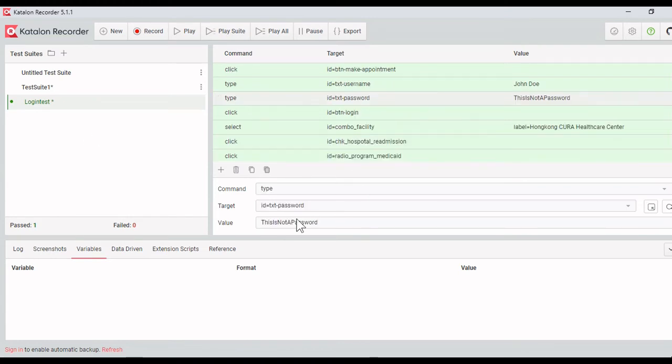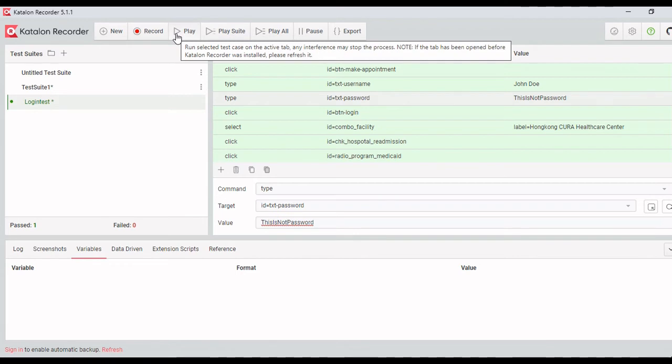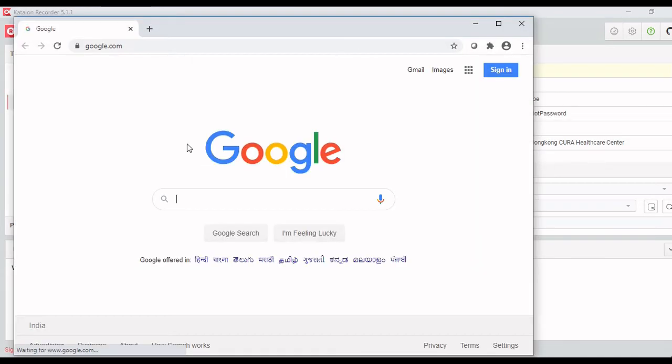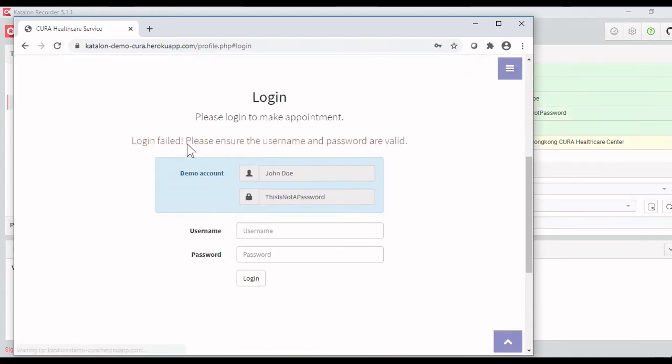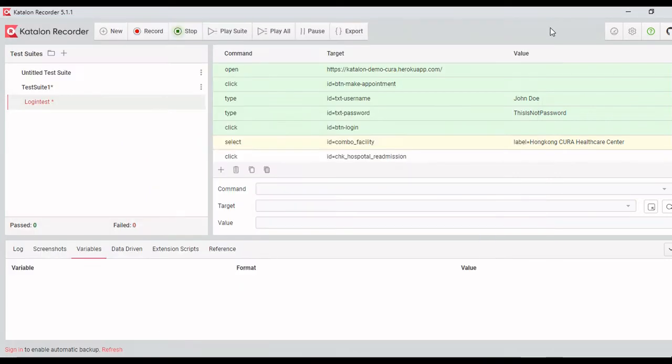Now we will fail the test case by providing an incorrect password, and I will play it again. And the test case is failed.